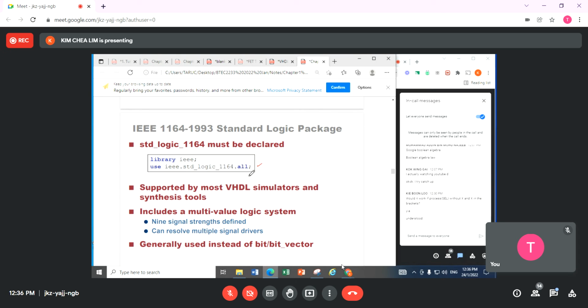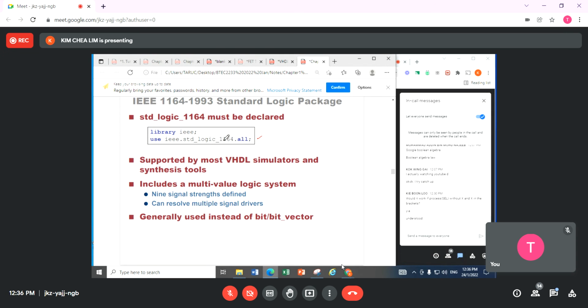So follow the standards. You are going to find that our standard logic 1164 here contains 9 signal strengths, and they can resolve multiple signal assignment. What does multiple signal assignment mean? I will go about it later. It is generally used instead of bit and bit vector. So you find that we use standard logic,